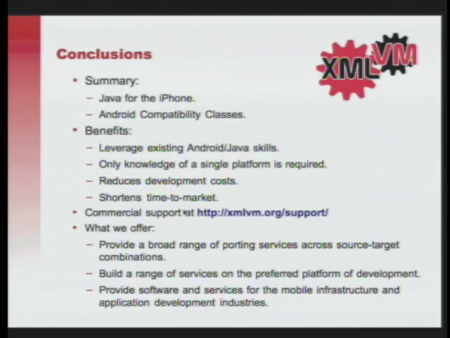Since there's quite a bit of interest in XMLVM, at least the smartphone portion, we are in the process of building up commercial support for XMLVM. What we plan to offer is a broad range of services around mobile applications, because we have noticed that quite a few companies want to be present in the app space, but they lack knowledge of the various platforms, and they also realize the amount of effort they have to put in on targeting different devices. To fill that niche, we are building up commercial support.